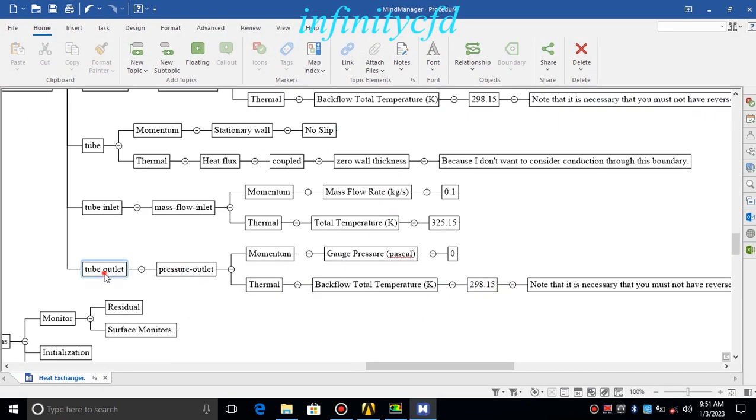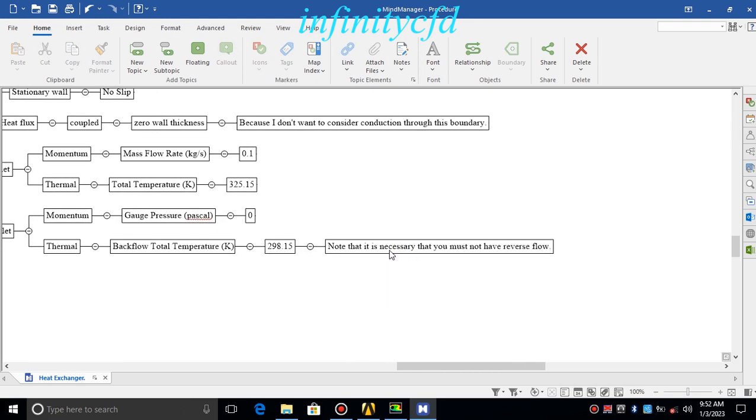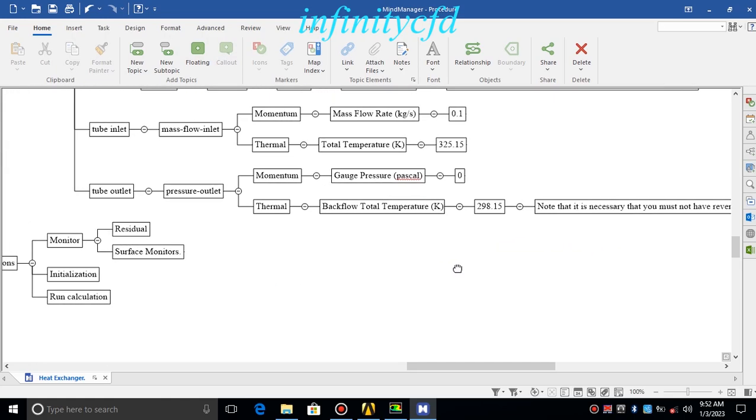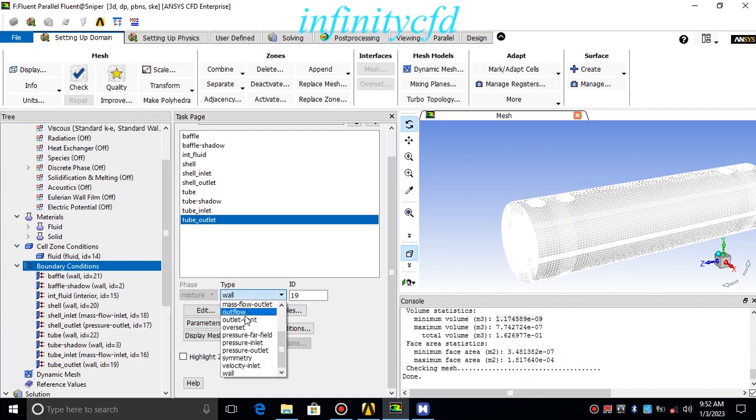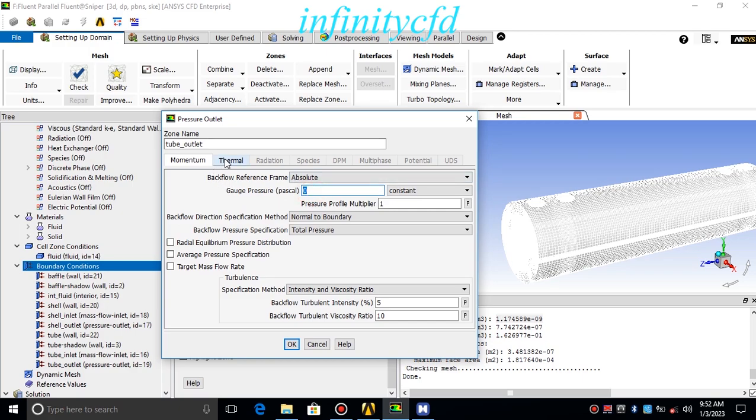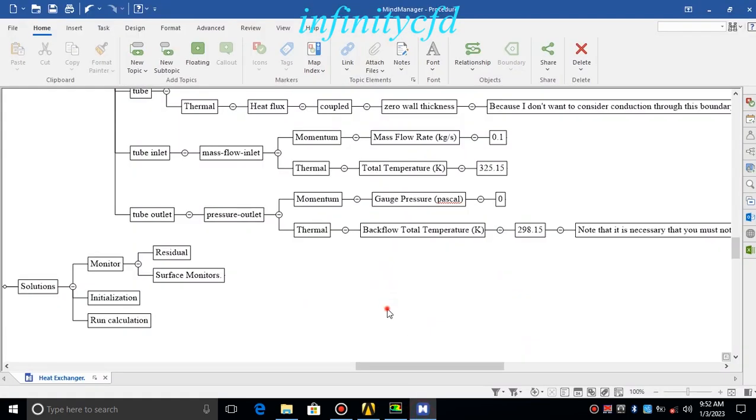And now this is the last boundary, pressure outlet 0, and again we must not have reverse flow in this boundary. So tube outlet, pressure outlet, with 0 value, and it doesn't really matter. Okay,